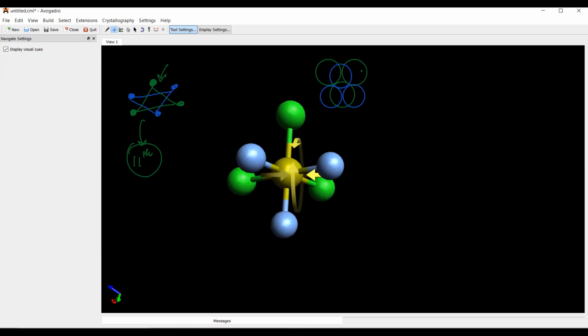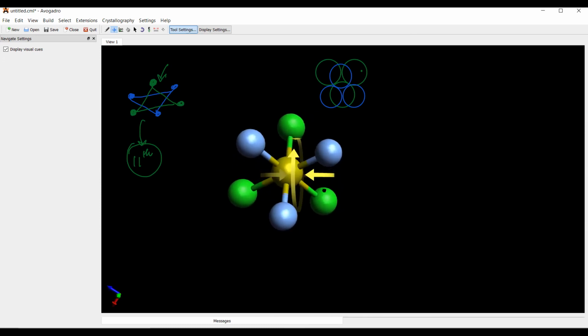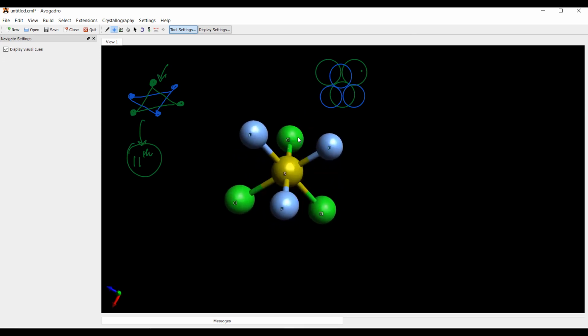Now, if I orient it in such a way like this, then you can see the three triangles at the back, and the blue triangles in the front. Whenever you see this type of shape, always remember that this is also a representation of a way of looking at the octahedral void.